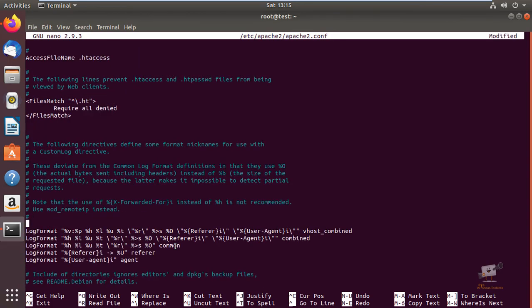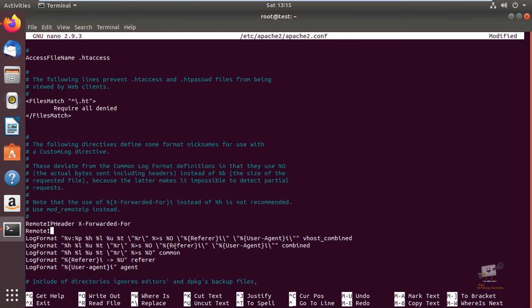Now we need to add the RemoteIPHeader X-Forwarded-For, then RemoteIPInternalProxy, and enter your load balancer IP, which is 192.168.1.8.